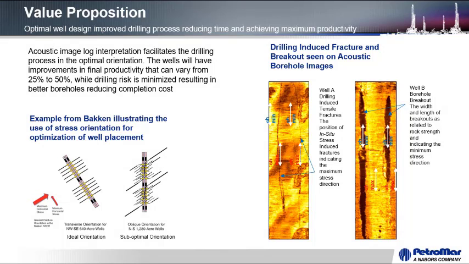In this case, one of the key factors to improve productivity of any well in any unconventional reservoir is the optimal orientation of the well path. So the idea is to have a well that is oriented almost 90 degrees to the maximum horizontal stress, which will allow better production, easier drilling, and more stable boreholes. So that is all a benefit to the bottom line of the cost of the well and the return